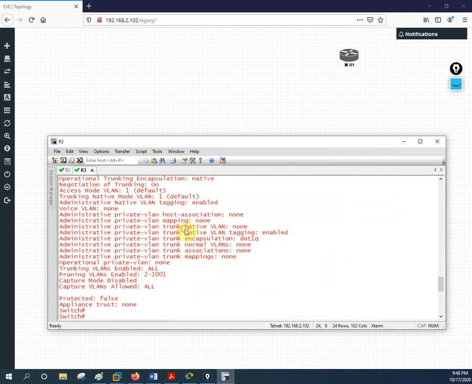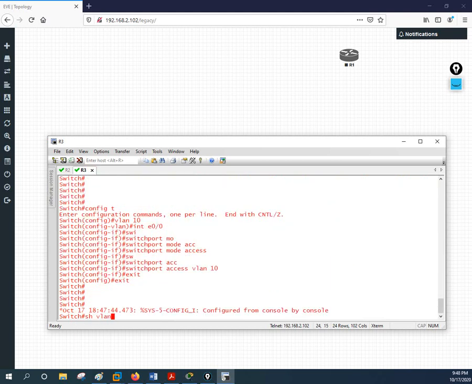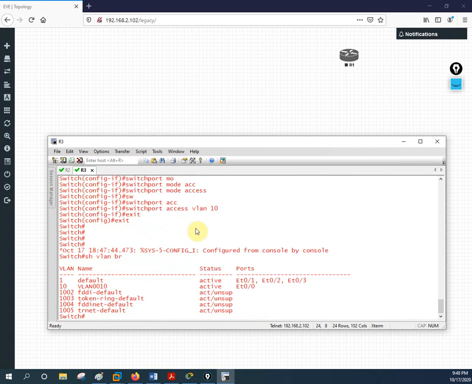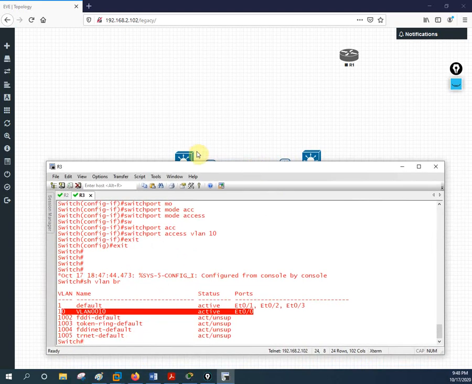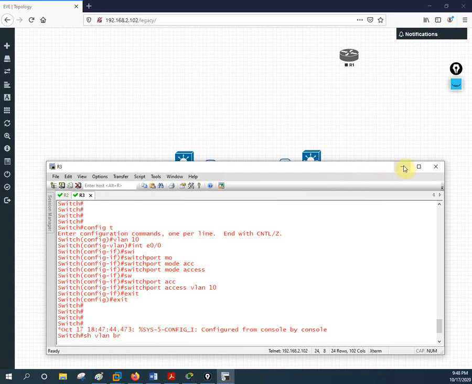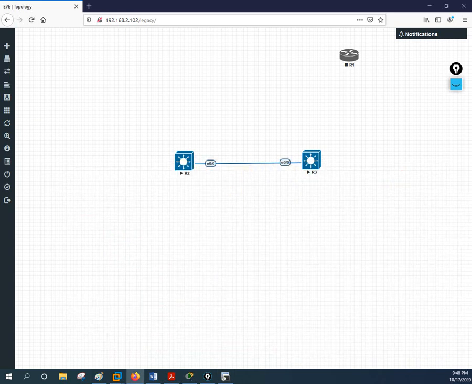And if you go here also and type show VLAN brief, we have this port also in VLAN 10. Because both are in the trunk and connected to each other, this is considered as the native VLAN, E0/0. If we have a mismatch of the native VLAN, then we will have the error. So when we are connecting switches, we need to put in the native VLAN. We already discussed this, and we are going to discuss it again, no problem. This is just a small introduction about the switch.